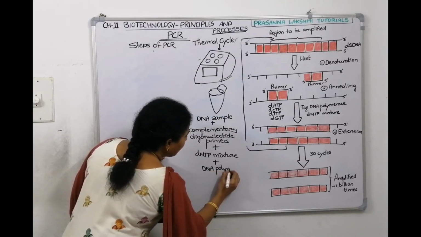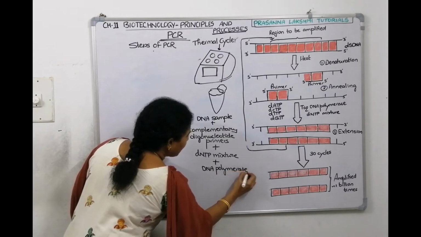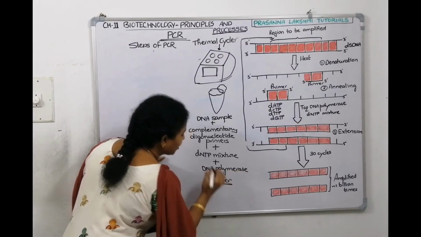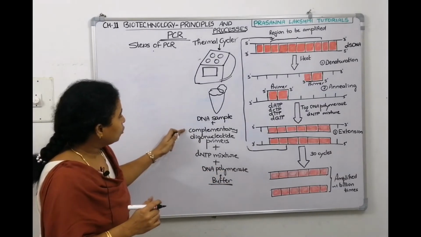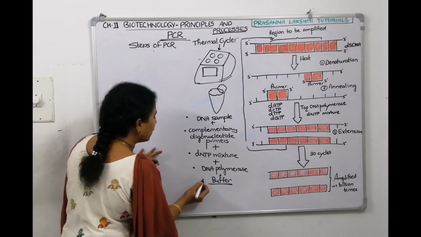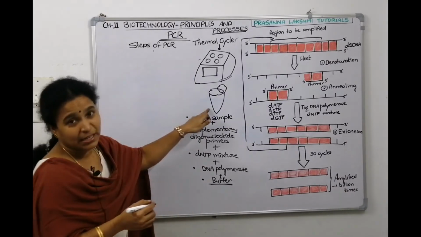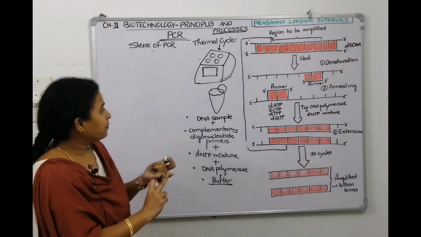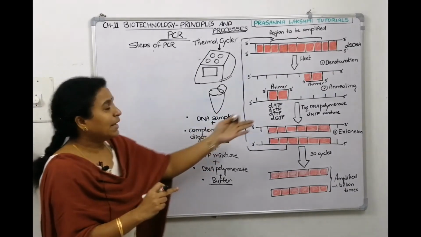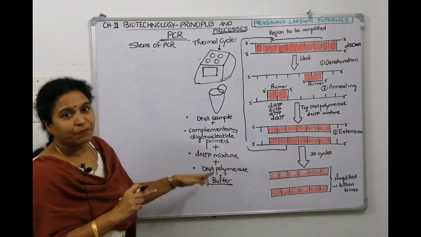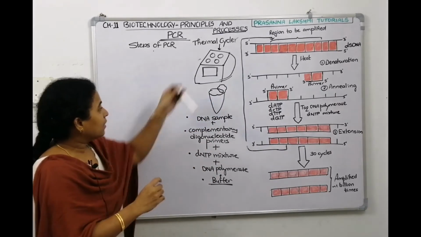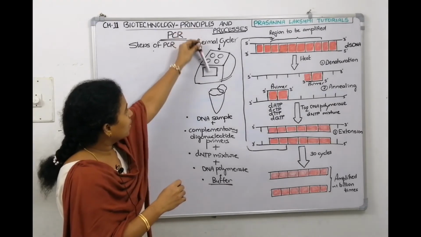And a little bit of buffer solution, because water is required for the reaction to happen. So this is the first thing, second thing, third one, fourth one, 5 things you're going to add inside: your DNA sample, your oligonucleotide primers, dNTP mixture, the enzyme which will do it, and then buffer. Everything you will add in this Eppendorf. You will close the Eppendorf and drop it in this block. Here you will drop here.